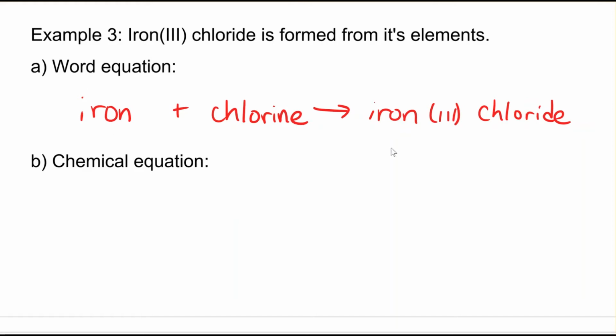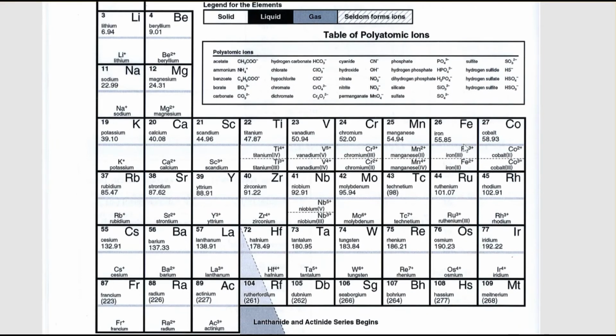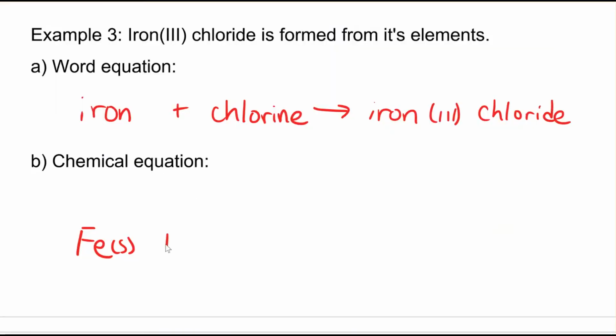So let's go from names to formulas. Remember how important we said this was earlier, going from names to formulas? What is the formula for iron? It's an element. It's not in Hofbrinkel, so it's just Fe and solid. We'll look at the periodic table, and yes, it is a solid at room temperature. Let's take a look at it. Let's look at Fe. Fe has a white background in here, and that white background means it's solid as an element. Okay, perfect. Chlorine plus